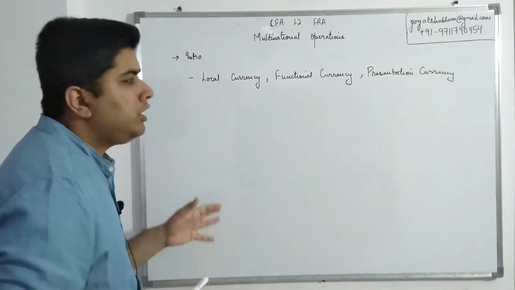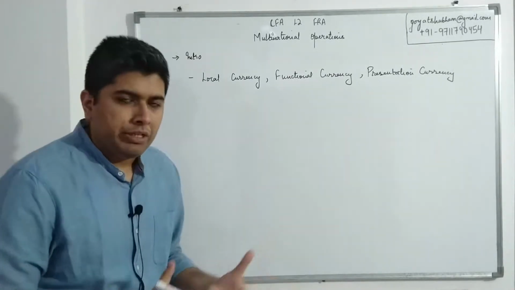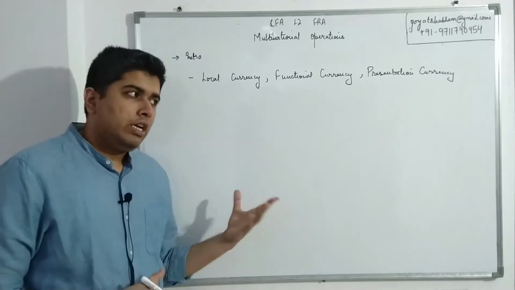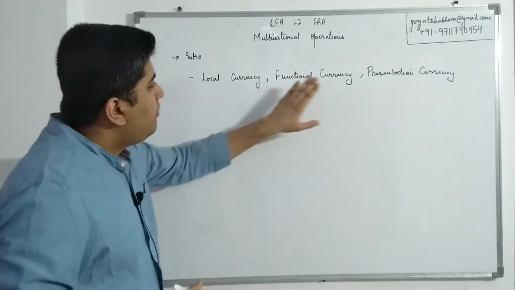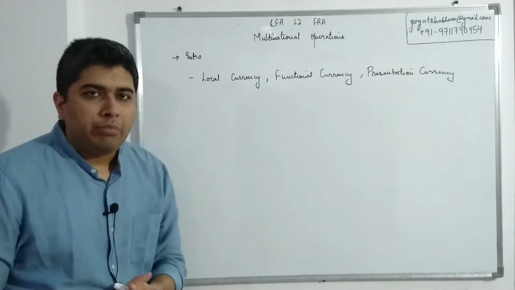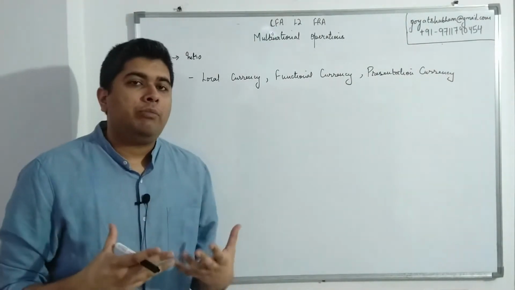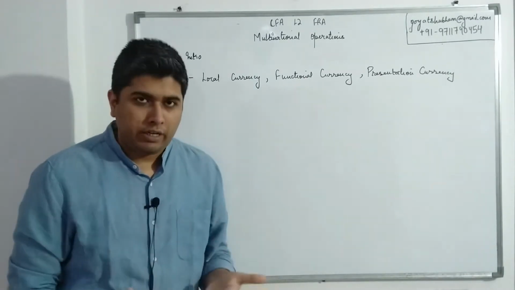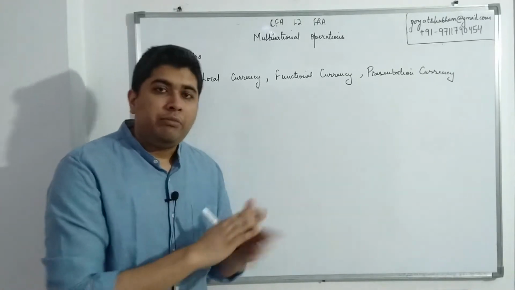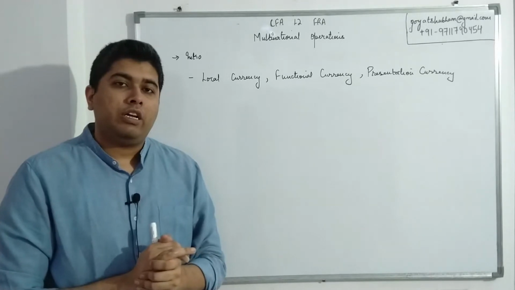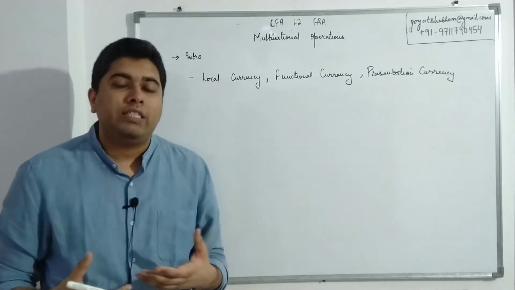Local currency is normally the currency of the country where the operations are being done. If I talk about India, India's local currency is Indian rupees. US local currency is US dollars. So local currency is more related to the country itself, not specifically to the company. Functional currency is what we associate with the company. It is the currency in which the main operations, the core economic activity of any organization, are conducted. Whether their core business is coming in this particular currency, or whether some other elements of the business are handled with this currency. So functional currency does not have to be the same as local currency. It can be different, it can be the same.